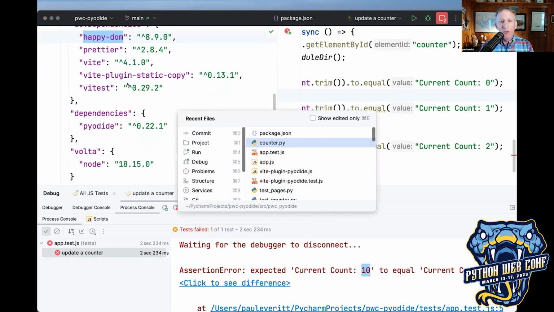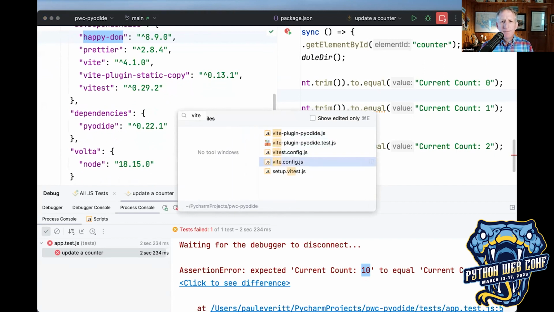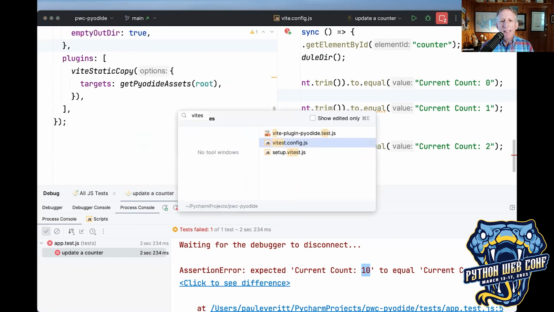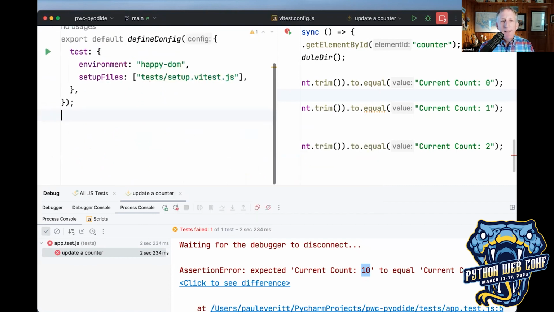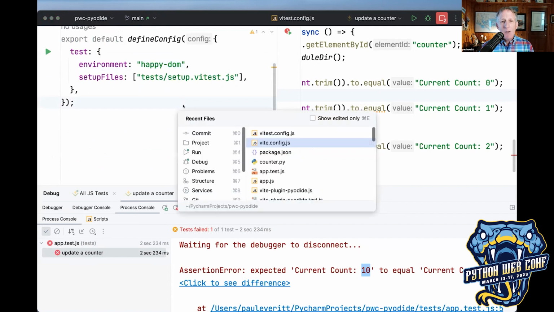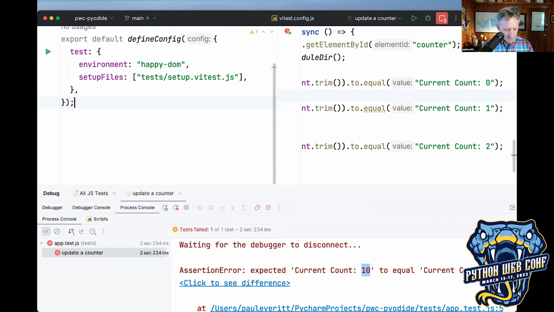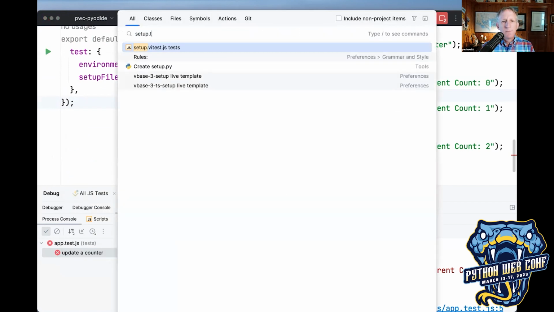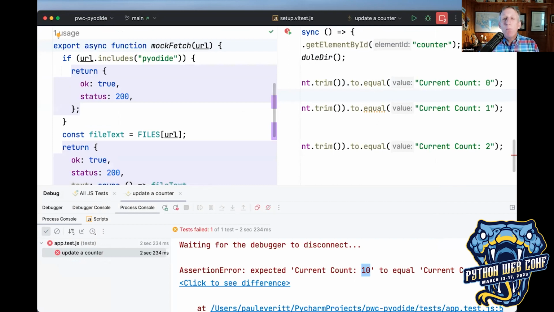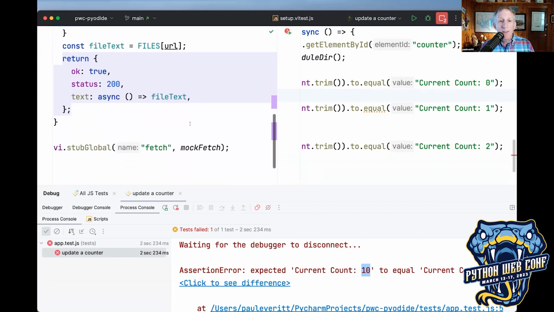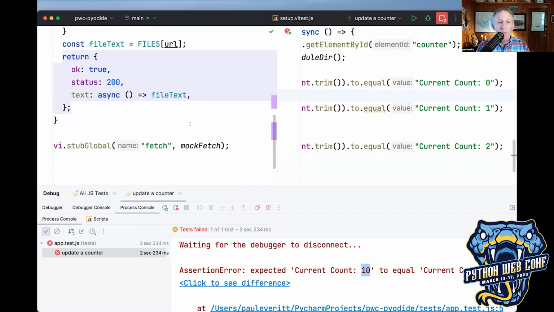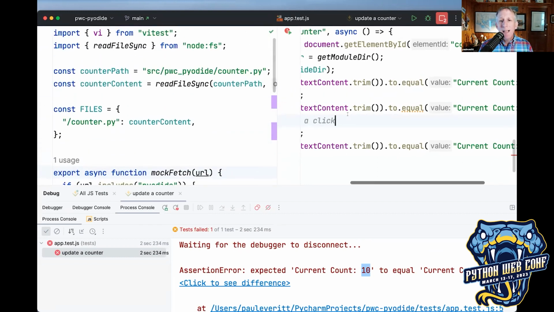With that, I need to do some configuration and tell Vitest in a config file, hey, I want you to use this thing called Happy DOM. And in fact, I want you, before you run, to do some work to mock that fetch thing so that you return the files I want rather than going out on the network to get Pyodide, WebAssembly, and do some other things. And then when it's time to do this test,